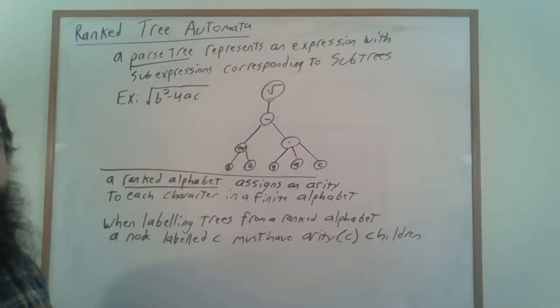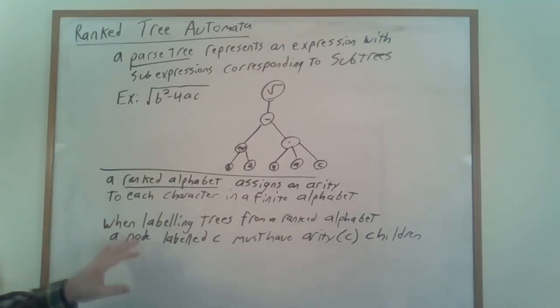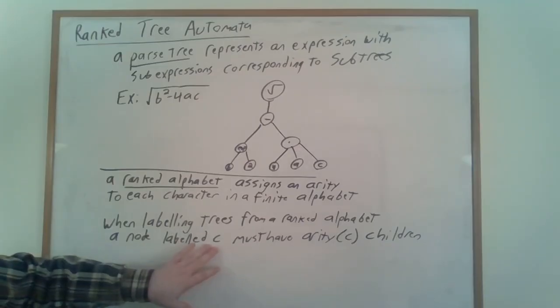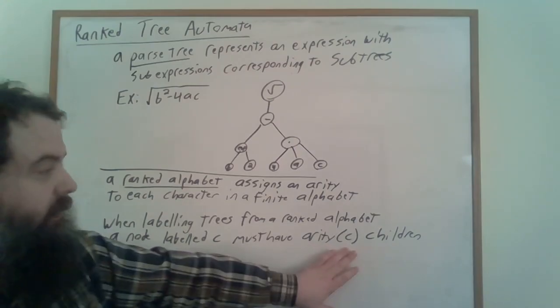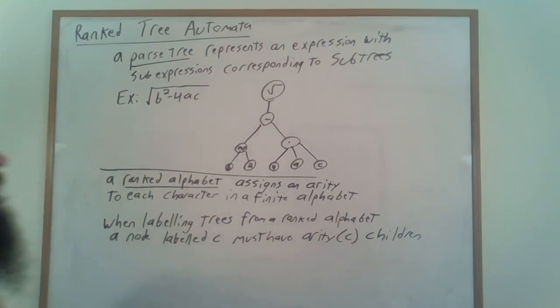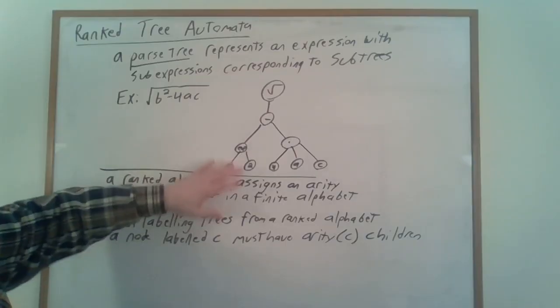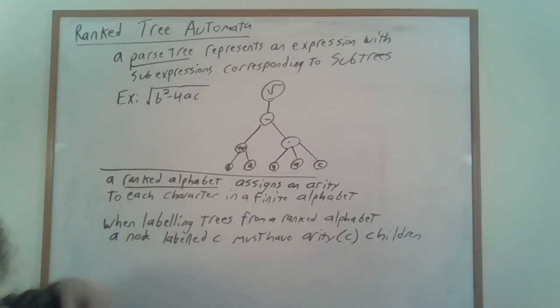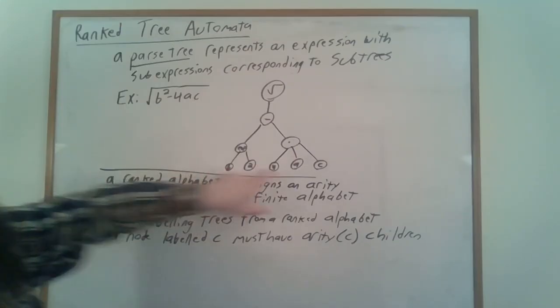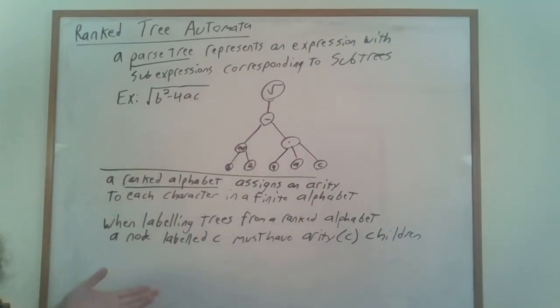So a ranked alphabet simply assigns to each character in our finite alphabet a rank, an arity. And when we label trees from our ranked alphabet, any node that we label with a particular character C must have the arity of C children. So for instance, in order to be able to view this parse tree as a ranked tree, it needs to